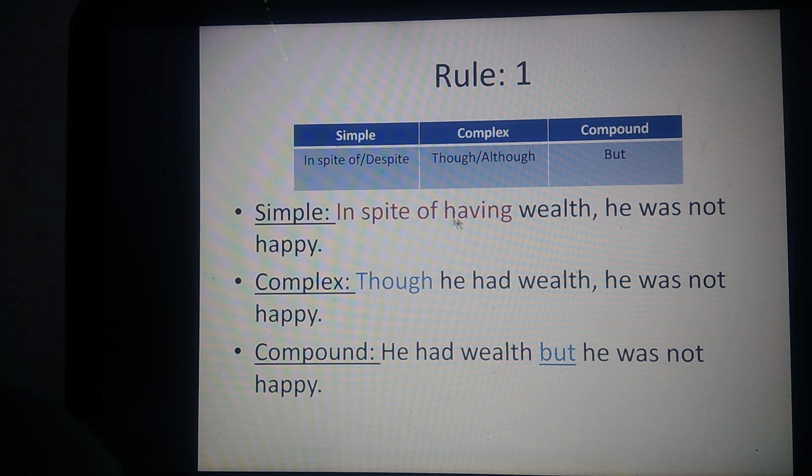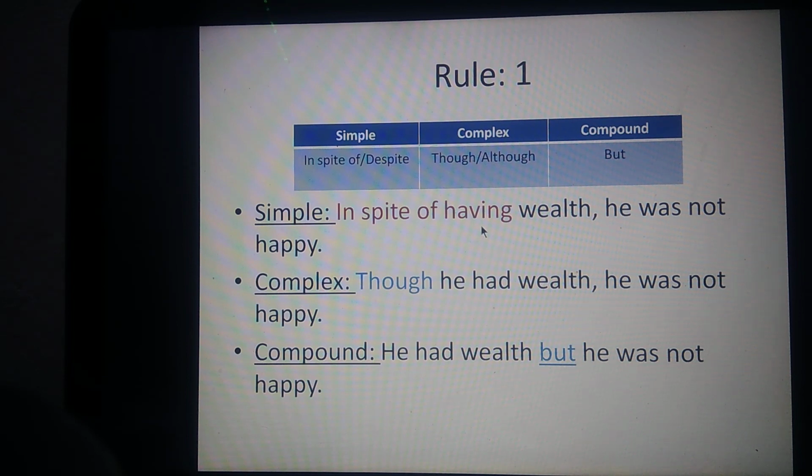You may ask me whether this having is a verb or not. I would like to say this is not a verb. This is not working as a verb. This is a verb ing form. As you know, after any preposition, we normally use verb ing. So here, as I told you, in spite of is a prepositional phrase. So here this verb ing form